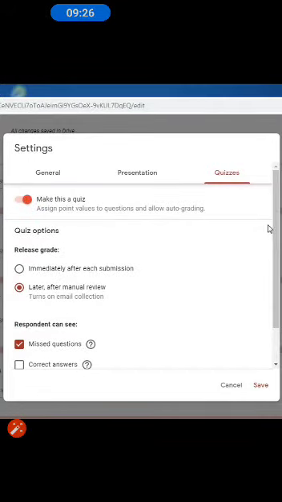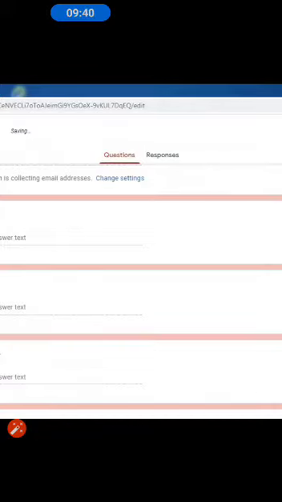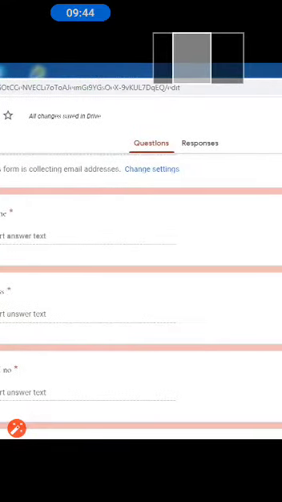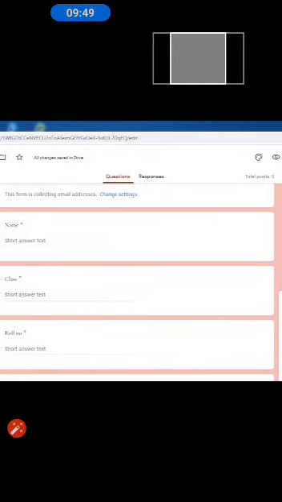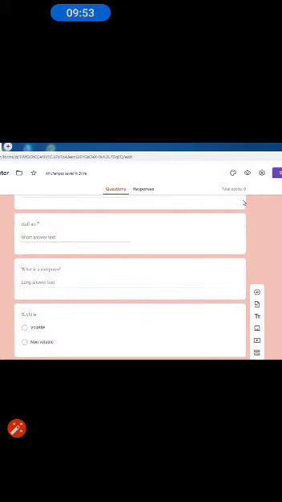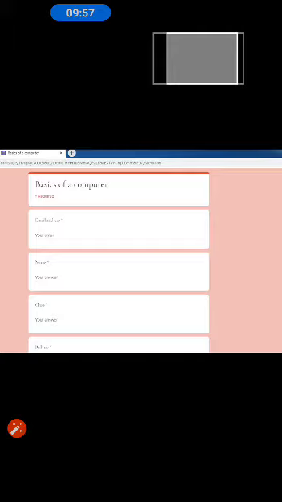Now, once everything has been set according to your choice, means the teacher choice, what is the next thing we can see here? We can see that we have a cancel and save button. You can save it. So it is saving here, and see all the changes are being saved in your Google Drive. Nowadays, everyone has a Gmail account, so everyone has a drive attached basically. Everything gets saved.